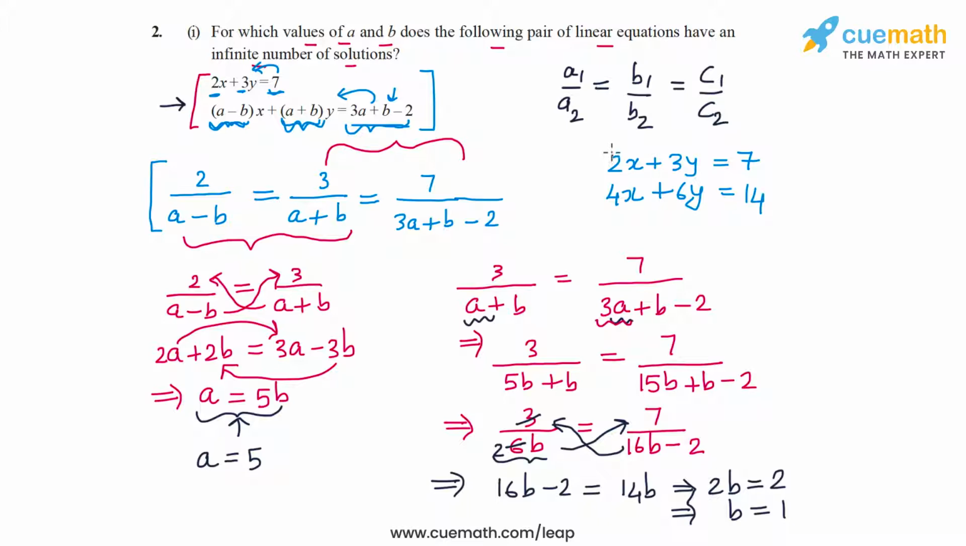And now we can verify that the coefficients of x, the coefficients of y, and the constant terms are all in the same ratio, 1 by 2. So for a equal to 5 and b equal to 1, the given pair of equations will have